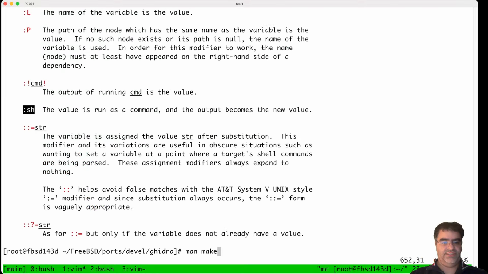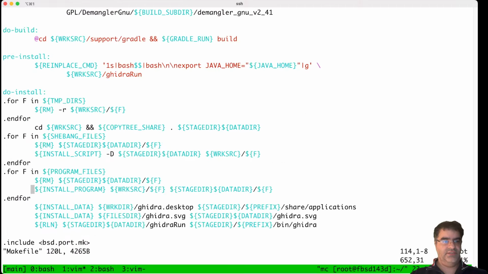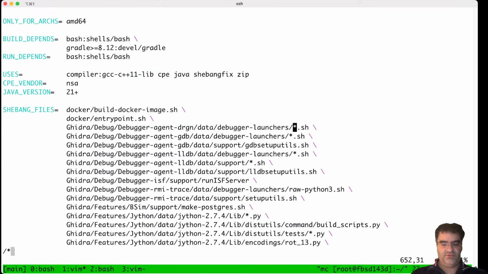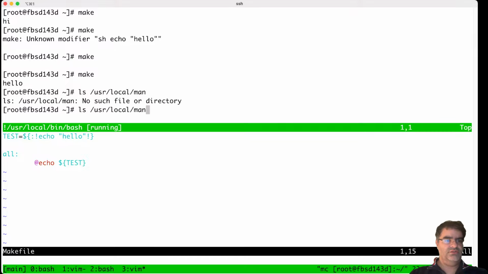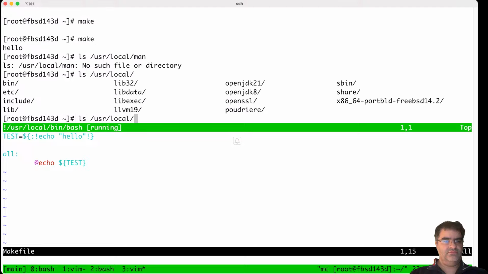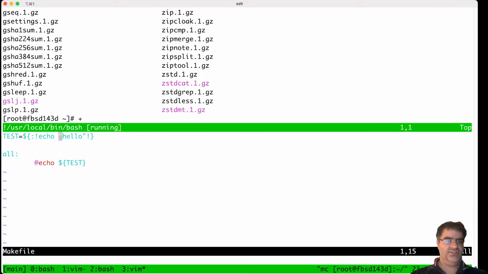Now let's have a look again at the makefile. So what I want is this star thing, star.sh, and this star.sh, let's go for some directory here that might have lots of things. So user local man page, man, user local share, man1, I think, and there should be lots of GZs. Okay, so